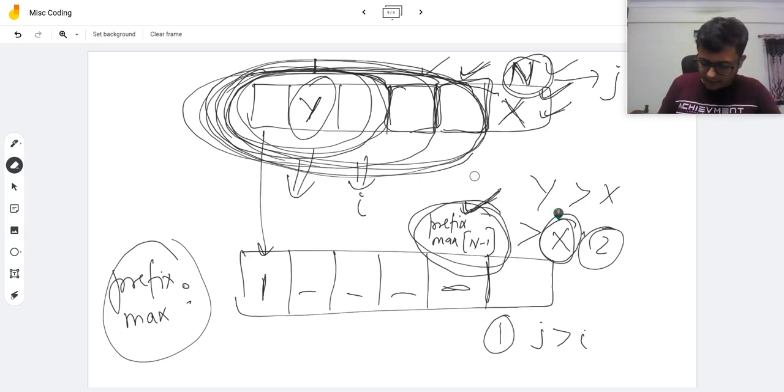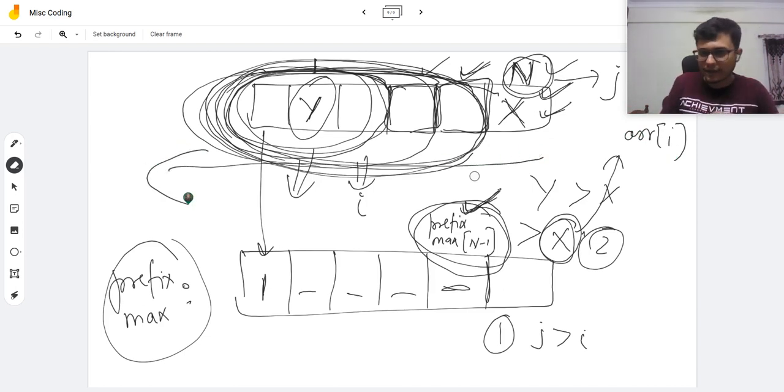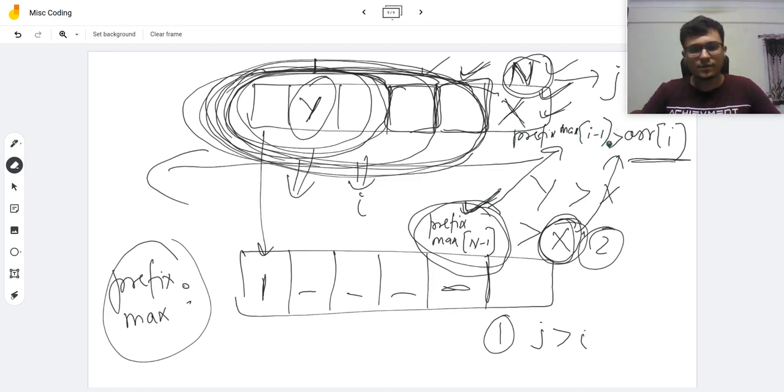Here x is nothing but ARR of i. We are iterating over the loop, and ARR of i is nothing but this thing, and prefix max of n minus 1 is nothing but prefix max of i minus 1. So prefix max of i minus 1 should be greater than ARR of i. This condition should be met.